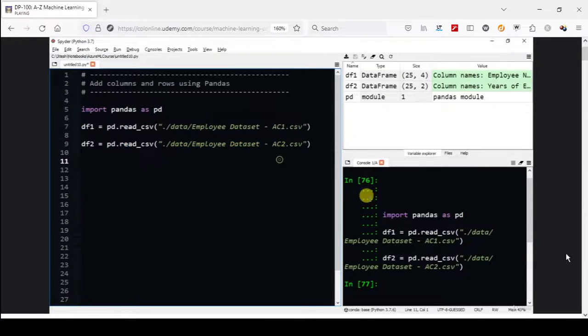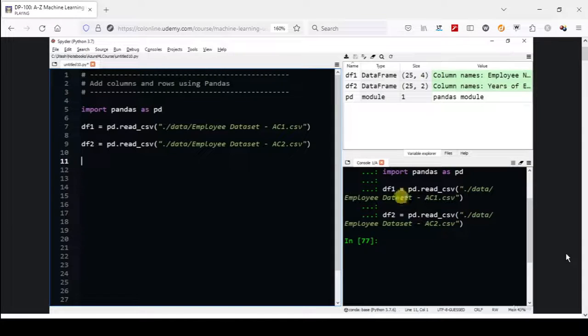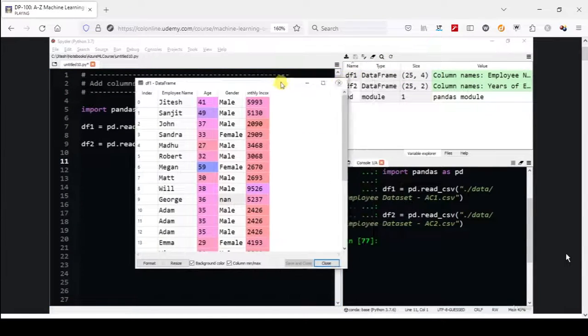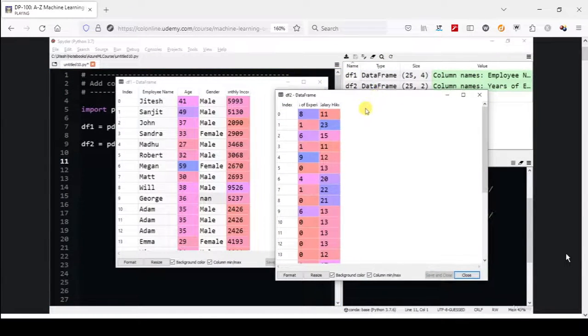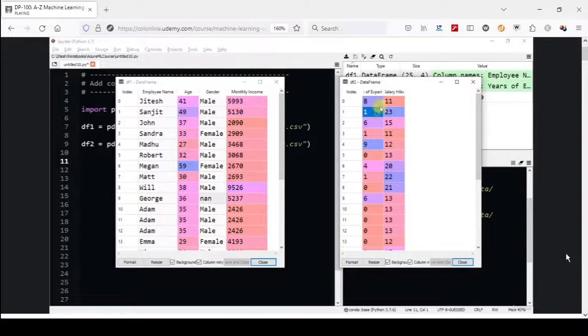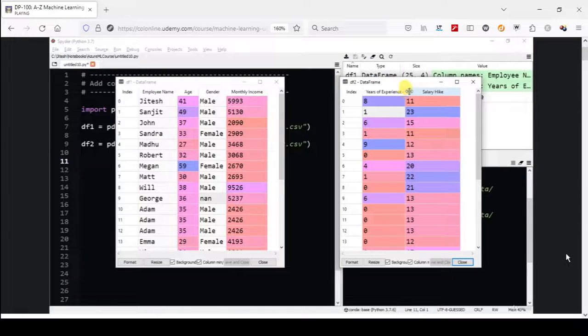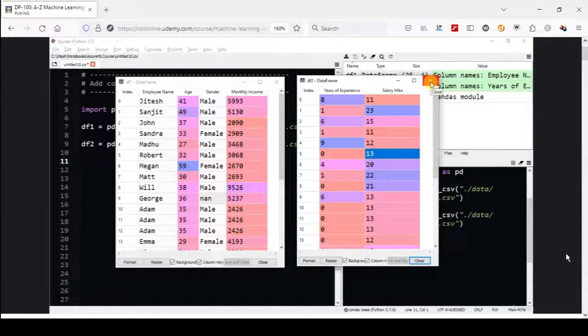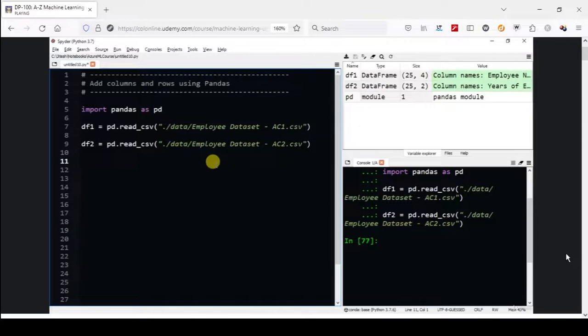And these are small datasets and should be done running quickly. So let me now open df1 for AC1 and df2 for AC2. So the df1 has these columns of name, age, gender, and monthly income, whereas the df2 has years of experience and salary hike as the other two columns. And let's now merge them or create a new data frame, which will have these 4 plus 2, that is 6 columns. So let me create a new data frame as df_AC, AC for add columns, equals to,